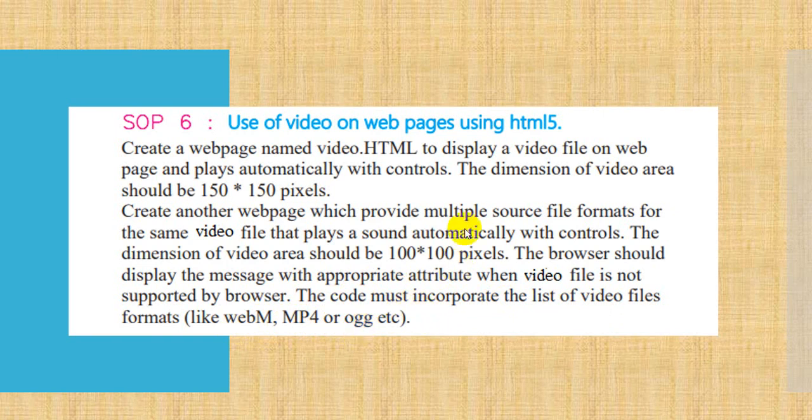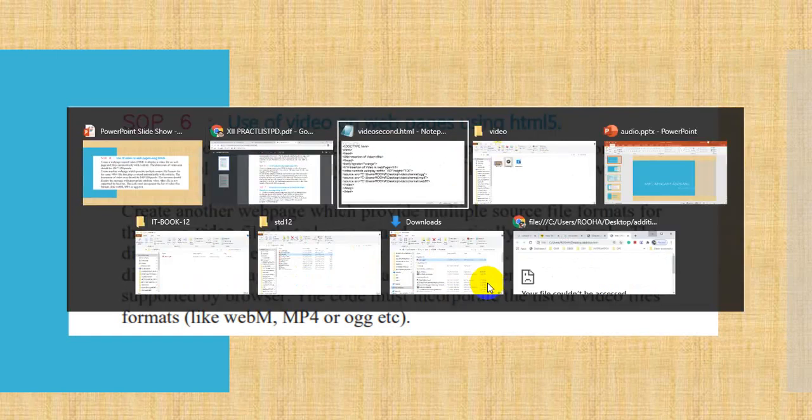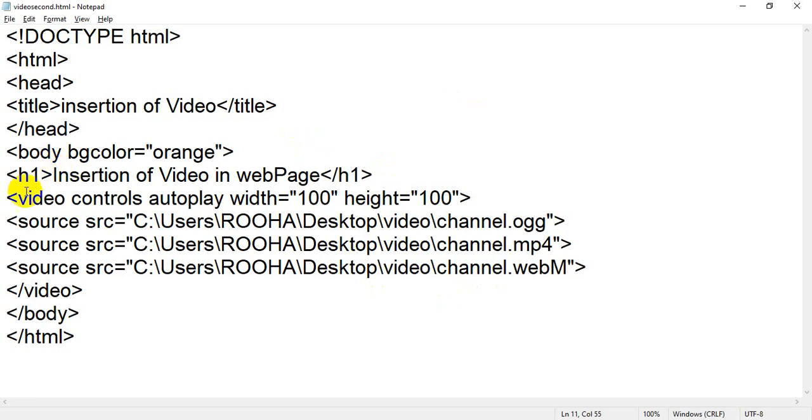The only one thing remaining is that we have to display a message. As we know, we can display a message if our video file format or audio file format is not supported. We can add it inside our video tag. So I'm moving back to my notepad, and I will see where is my video tag. So this is my video tag. Between the opening and closing video tag, you can put your message anywhere. Even you can directly put your message that this file is not supported.